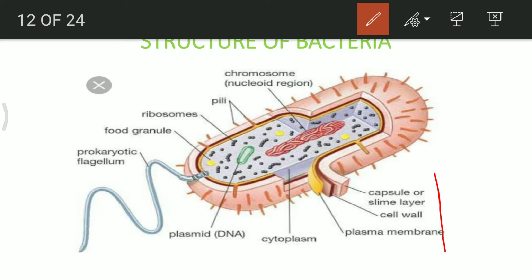Inner to it is the presence of the cell wall. You are aware the cell wall is the outermost covering for the monerans as well as for the plants, and it is made up of peptidoglycan. So please remember that the cell wall is made up of peptidoglycan. Next layer is the plasma membrane, and it is a lipid layer. Inside it is the presence of cytoplasm, which performs all the metabolic activities of